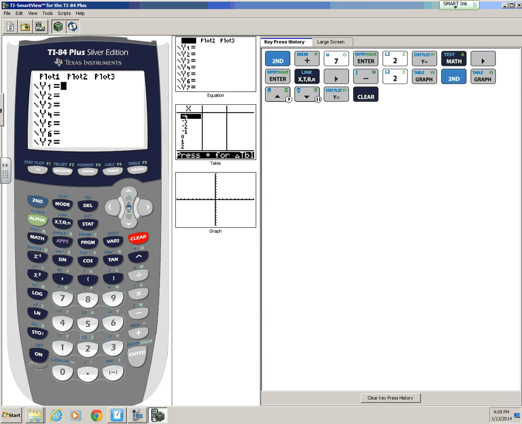In order to find the square root function, I'm going to have to go back to math. The square root function happens to be, actually, I don't even have to go into math. Let me get out of that for a second. I could have gone into math, but the square root function happens to be right where the x squared is. Let's try this again. If I look above the left-hand side, if I do second x squared, that's the square